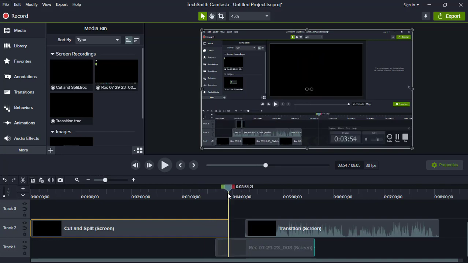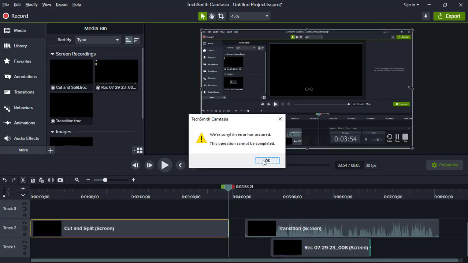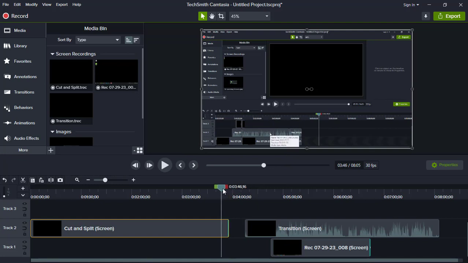So if you go here, our last frame is this. Let me just drag it. This is our last frame where we can see 3 minutes and 54 seconds. If I drag this particular frame